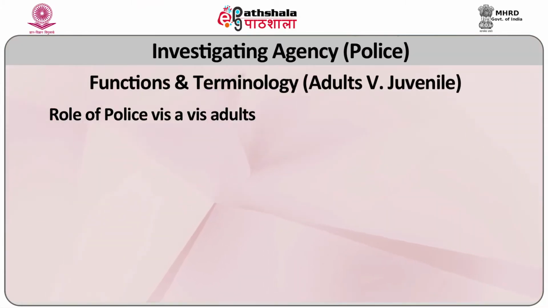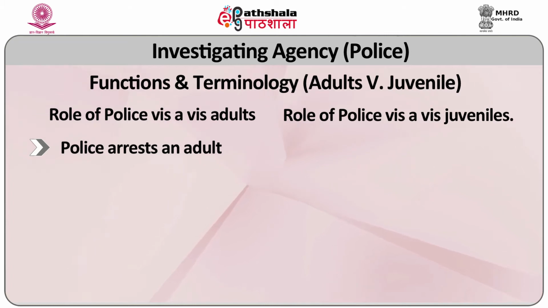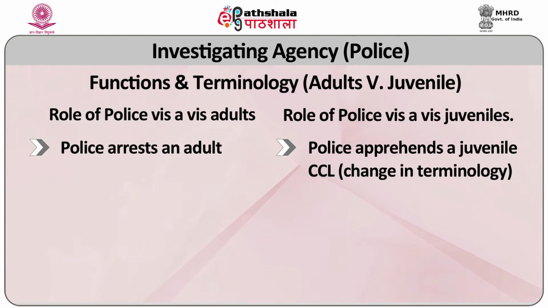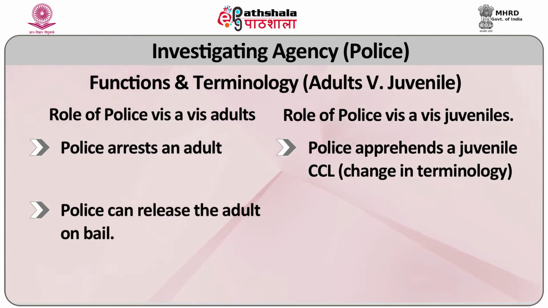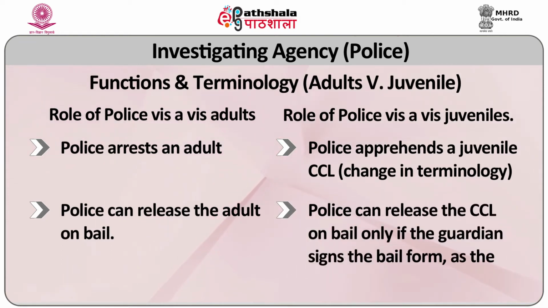I shall now speak about some of the differences in functioning as well as terminology while working with the police. The role of the police in an adult system is to arrest an adult. The role of the police in the juvenile justice system is to apprehend. The word arrest is not used. In an adult system, the police can release the adult on bail. In the JJ system, the police can release the child in conflict with law,